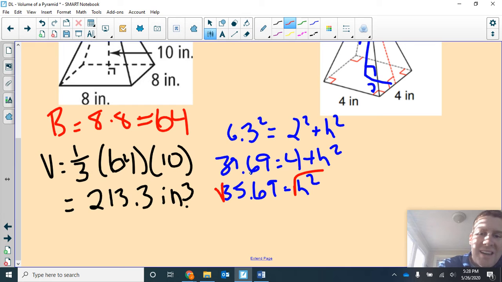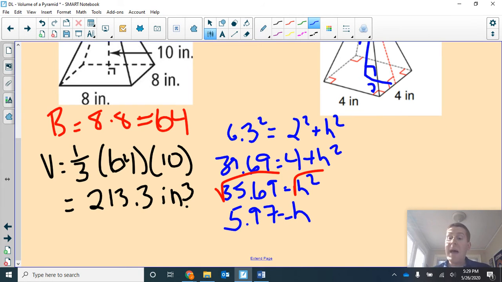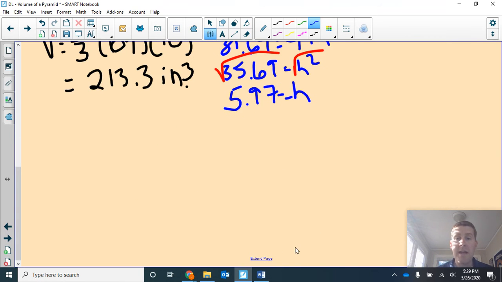So this is where we could get a little different based on the rounding. In my lesson yesterday, I told you guys to round to the nearest tenth when you do this part. But if you didn't, if you round to the nearest hundredth, let's say, you end up getting 5.97. So if you use 5.97 as your height, that would have led you to a volume of 31.8. Because what you would have done next is say, all right, well,